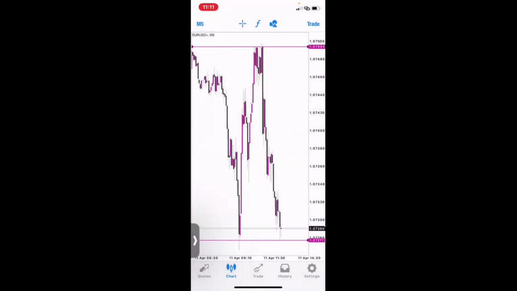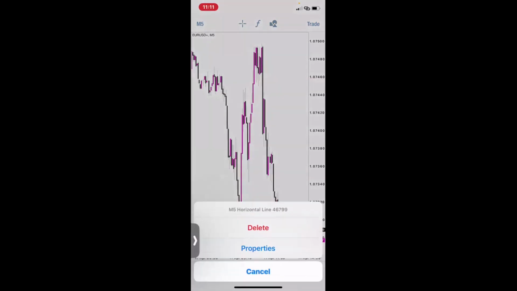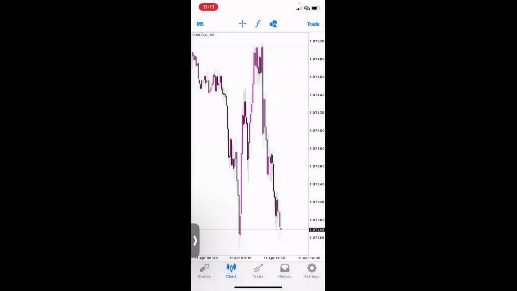For me to delete this, I just press this and hold. This comes up, I delete. I'm going to press and hold this, comes up, and I delete that. Now, for me to navigate from time frame to time frame, all I need to do is click on M5 here. Now, all you can see here, these are the different time frames that we have in the foreign exchange